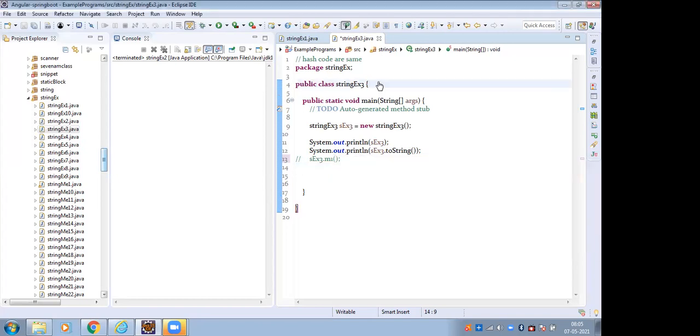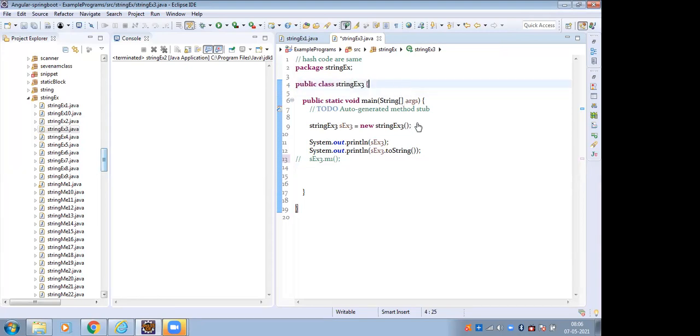In this class, as a developer, I'm not extending any other class, then the Java compiler will extend the Object class. Why? Because the Object class is the base class for all classes. As a developer, I create a class that does not extend any other class, then the Java compiler will extend the Object class.